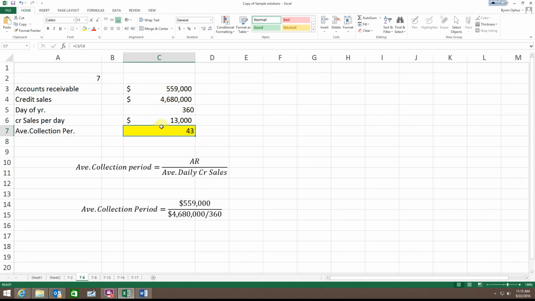Okay, so then my average collection period is equal to my accounts receivable divided by my average daily credit sales. So simply this is equal to my accounts receivable divided by my average daily. Okay. I did down here, I kind of showed you could easily use the formula like this: your accounts receivable divided by your credit sales divided by the 360. So whichever way you find easier, I guess, but in any event, our answer is 43